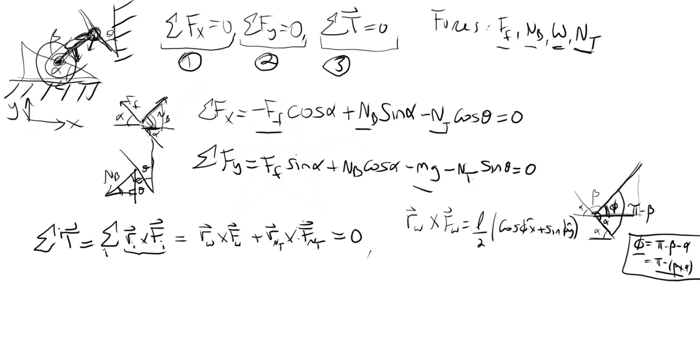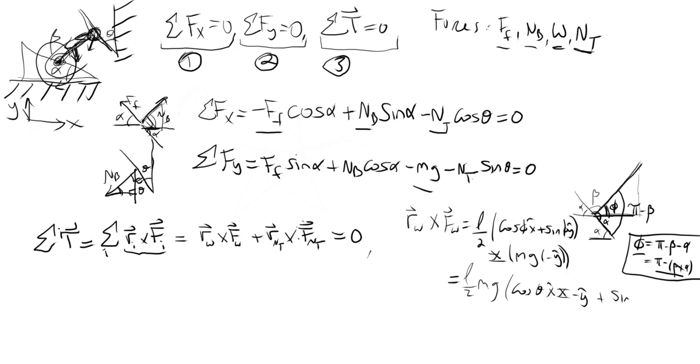And what's the weight force? Well, I'm crossing it with the weight force. The weight force is mg in the minus y hat direction. Now, the way we cross vectors, vector crossing is distributive over multiplication. So this is really L over 2 mg times the cosine of theta x hat cross, and I'm sorry, my x looks like a cross, so I'll put a bar over it or use a different symbol. Cosine theta x hat cross minus y hat